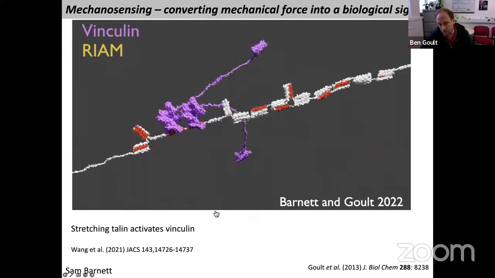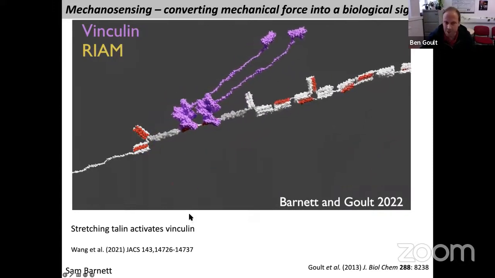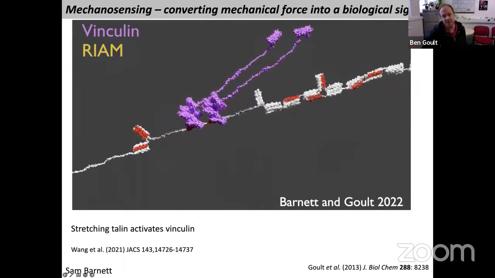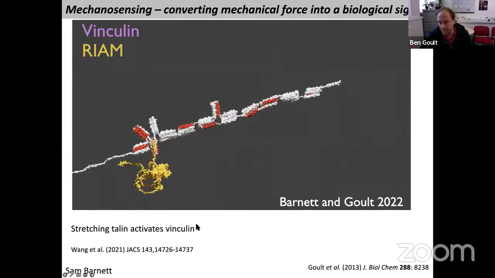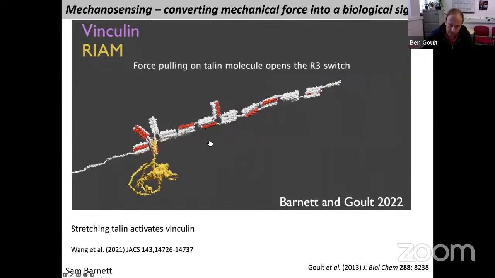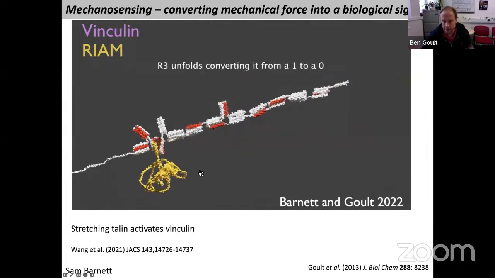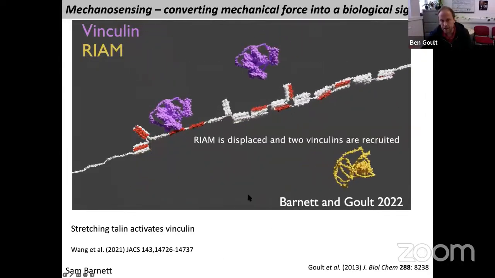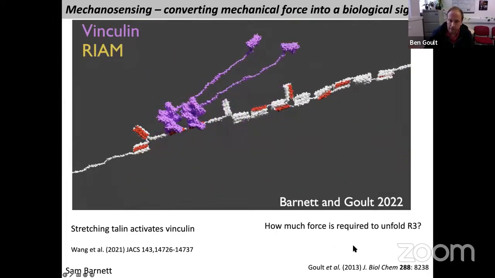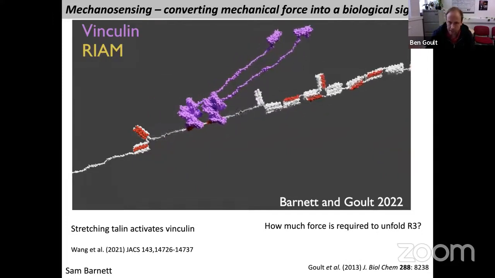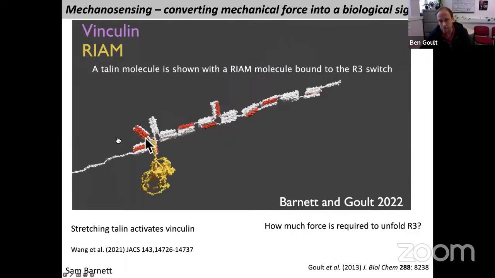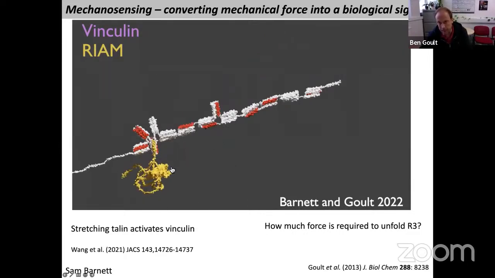Something which I've not got time to talk about today, although it maybe turns out I would have had time to talk about today, is that this stretching of Talin can activate vinculin. It's shown in this video, but this actually happens. You stretch a Talin and you can relieve autoinhibition of vinculin. But what I was interested in when I was in Dave's lab and what I set up my lab to answer was how much force is required to unfold the R3 domain